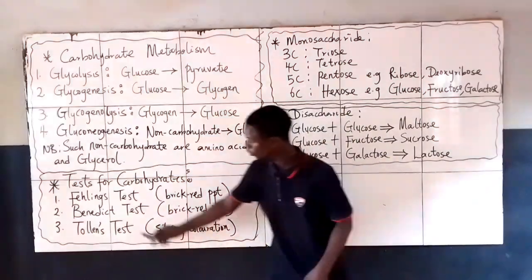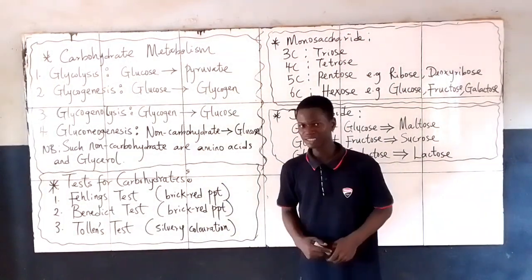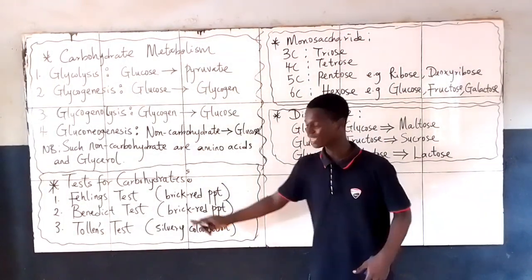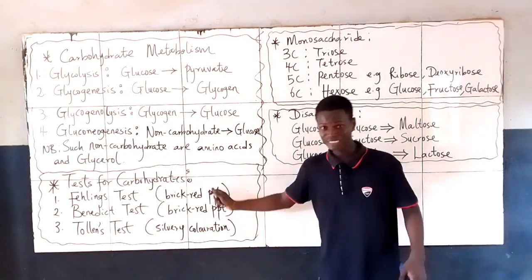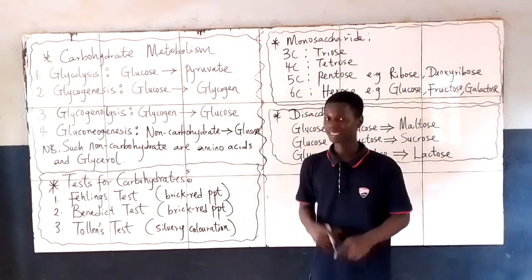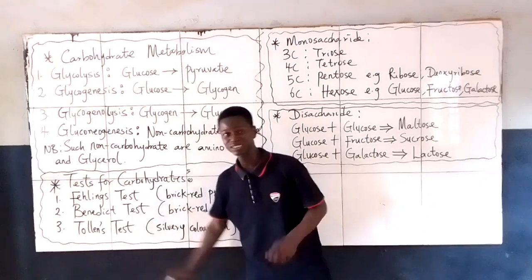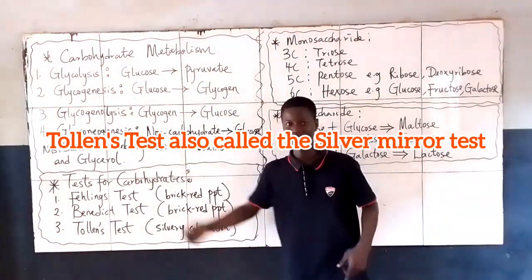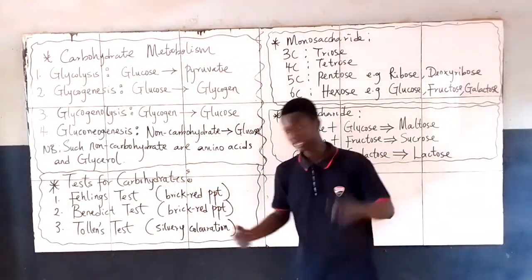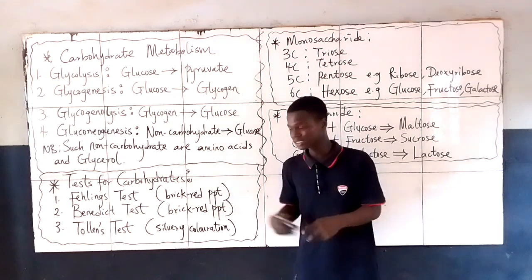Now the next test is called Benedict's test. At the end of Benedict's test, the precipitate that is formed is a brick red precipitate, same as that for Fehling's test. And lastly, the last test is called Tollens' test, also called the silver mirror test. Why? Because at the end of Tollens' test, the color